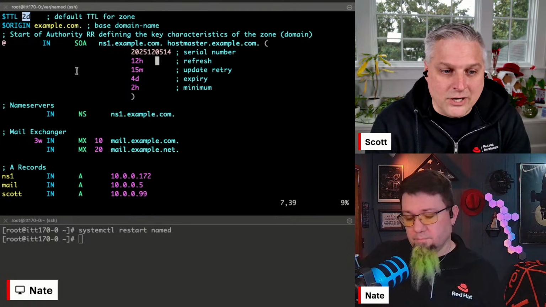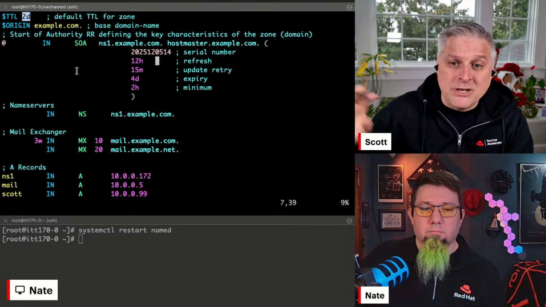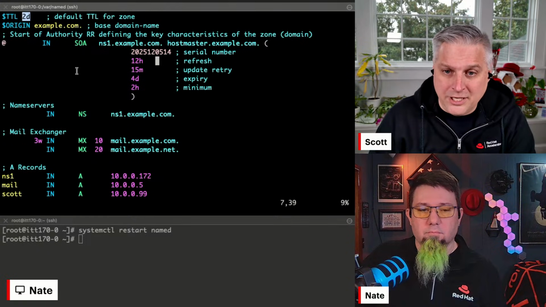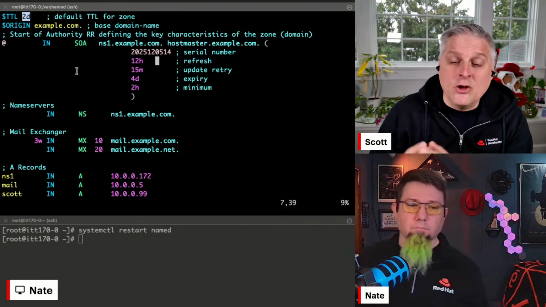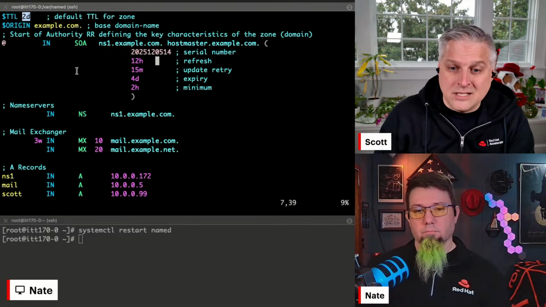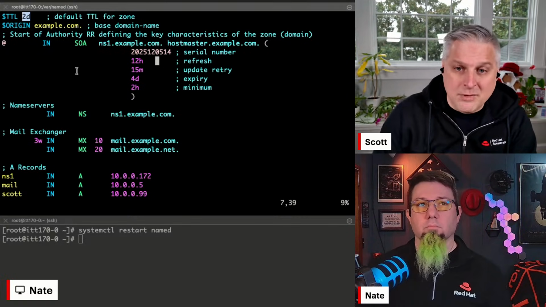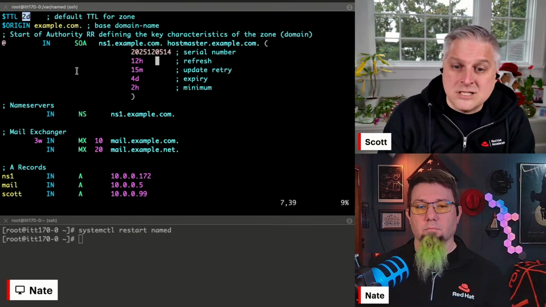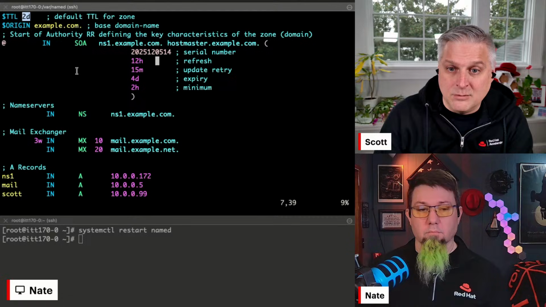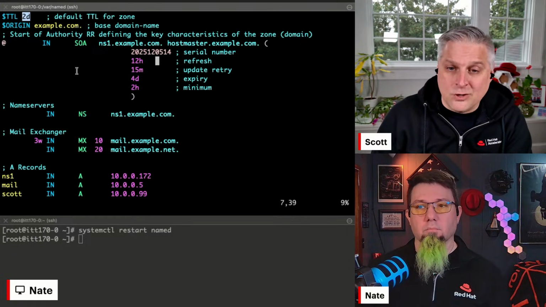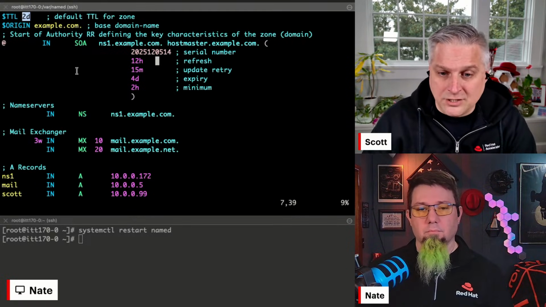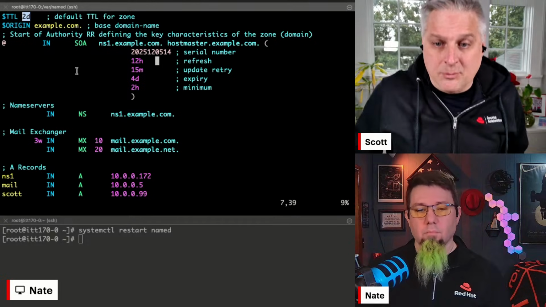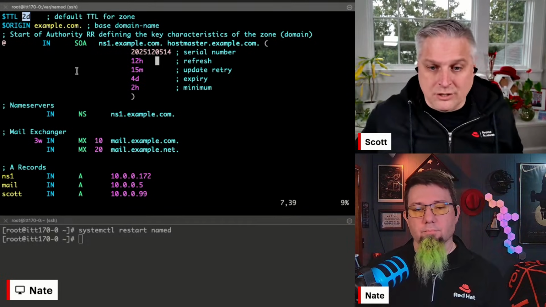Right. So for all these other records, if we made changes, anybody that had looked up the record prior to the change could potentially be holding on to the old data for up to 2 days. And so if I know that my timeout is 2 days, then at least 2 days in advance of making those changes, I'm going to come in here and make the time to live something small for at least the records I'm going to be administering. Then I'm going to wait for the 2 days for all that cache to expire, and they're going to get on the short time to live. Then I can go ahead and process my change and be fairly confident that within a short amount of time, everyone will have picked up the change in their cache.